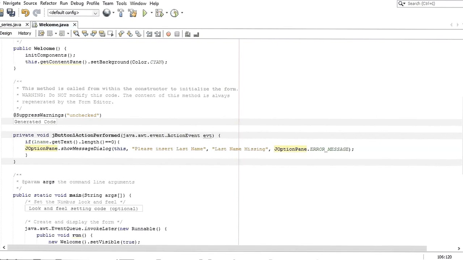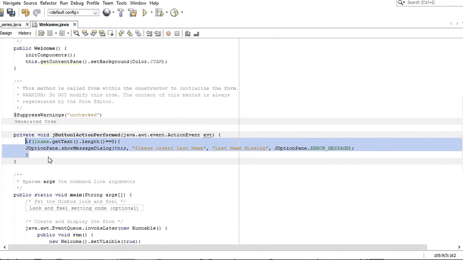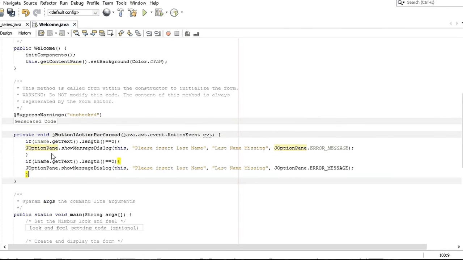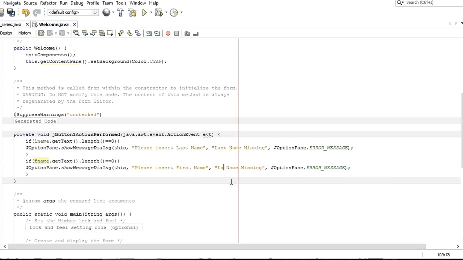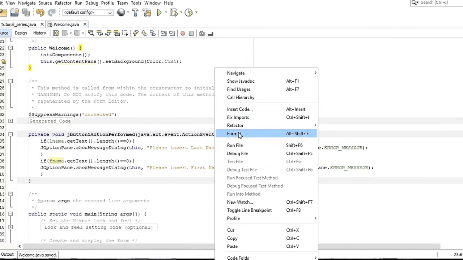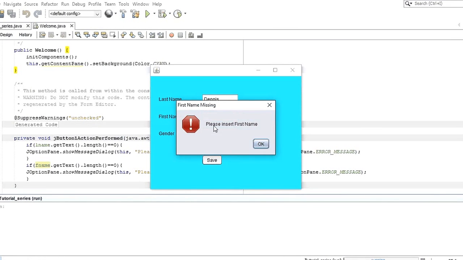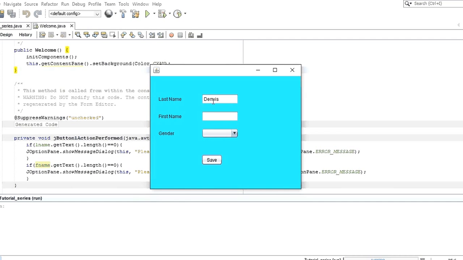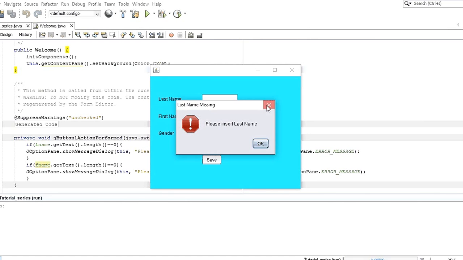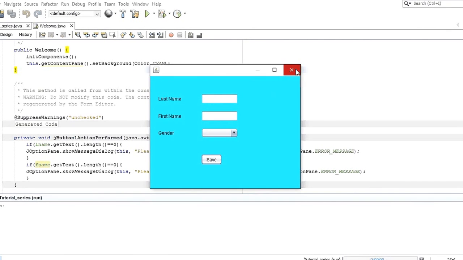You can just use the same code and just copy and paste the same code, only that here you change it to fname, and here first name, and first, and when you save it, you run it, let's say for example first name is, it already detected that last name exists, and if we remove this, for example, last name missing, first name missing. Okay,